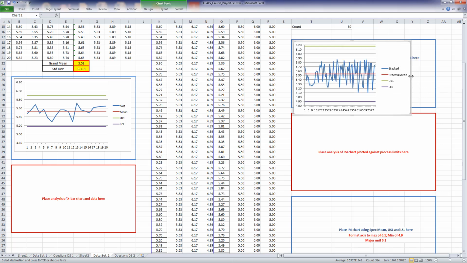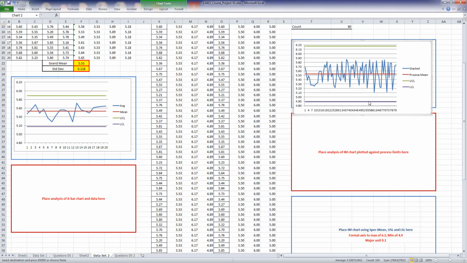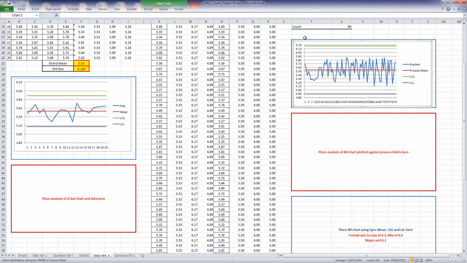Again, we have a lot of undulation. We have a lot of erratic patterns here. They're bouncing all over the place. Okay, but they're still in control. We want to make sure of that. We want to make sure we highlight the fact that we're in control, but we still have a lot of